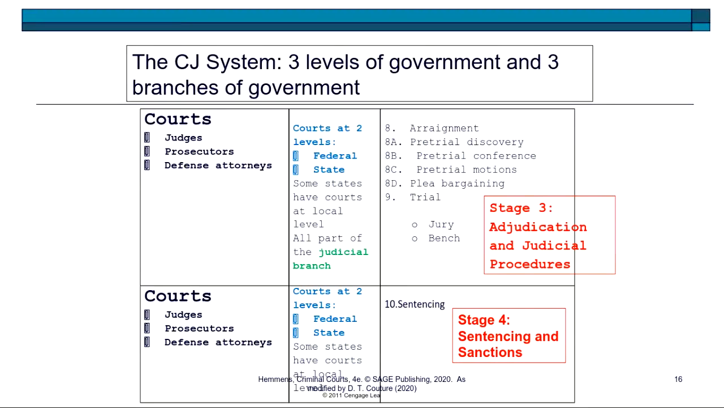Once a person has been indicted, if it's a jurisdiction that requires a grand jury indictment in order for the case to proceed, then it moves to adjudication and judicial procedures, stage three. If the case is in a state that does not have a grand jury requirement for serious felony cases, but requires instead a preliminary hearing, then if the government survives the preliminary hearing, the case moves on to stage three. And as mentioned earlier, a lot of stuff happens in stage three that often results in